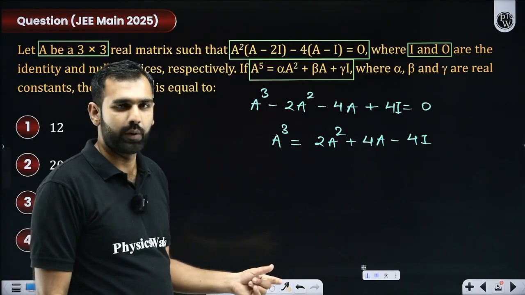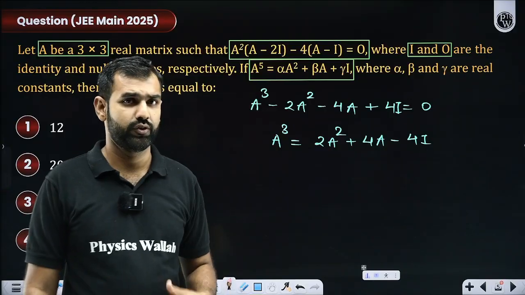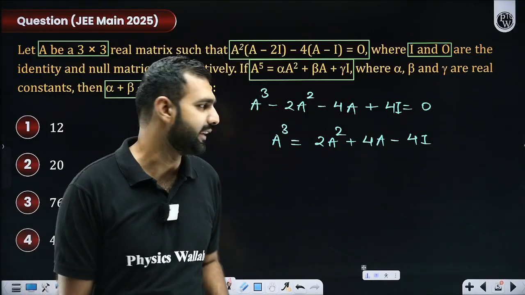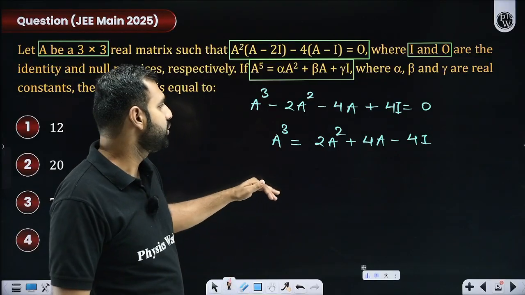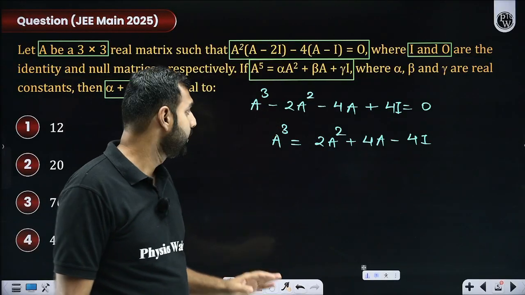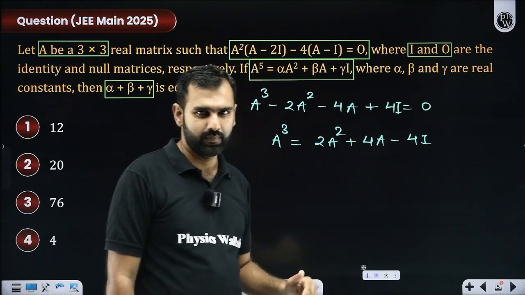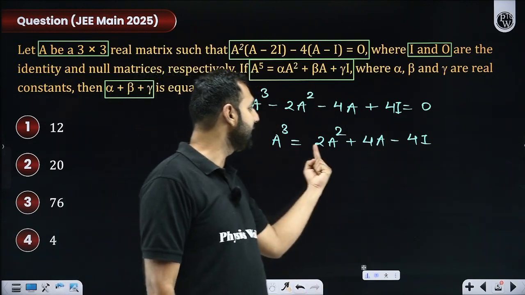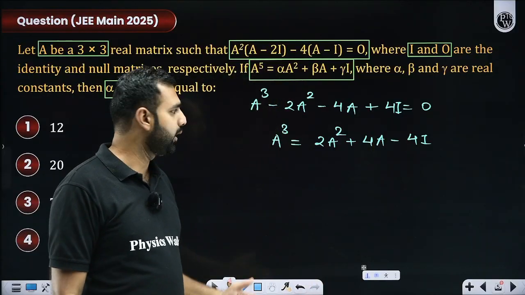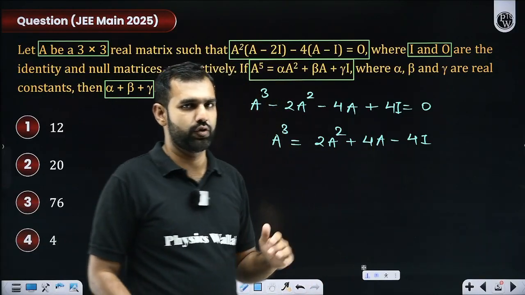Now with this, I hope you are paying attention to this part, everyone. This is a cube. Sir, what do we need? We need a to the power 5. So in order to have a to the power 5, what do I need? Sir, instead of directly reaching towards a to the power 5, which you can definitely do, can I multiply it by a once? When you multiply it by a once, you get a to the power 4. And again, if you multiply it by a one more time, you'll get a to the power 5. So you have two choices.